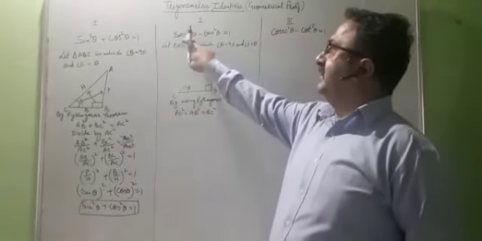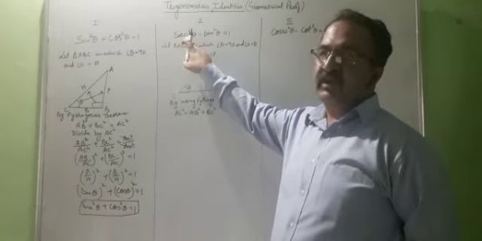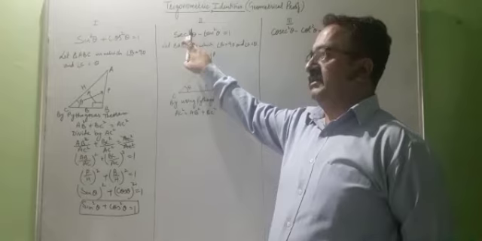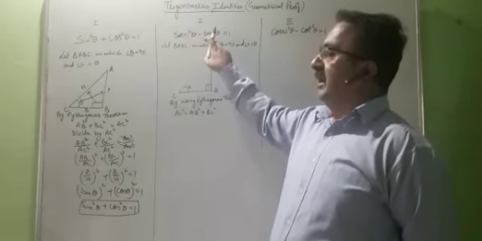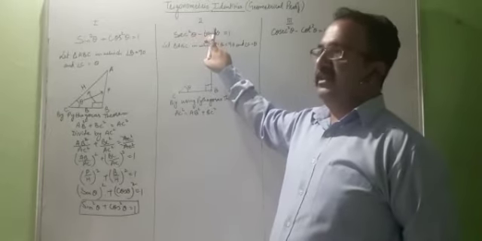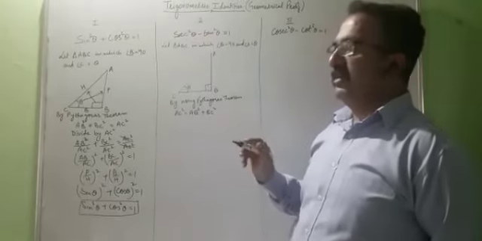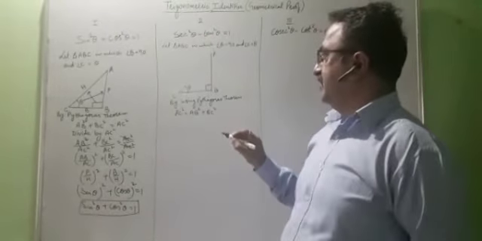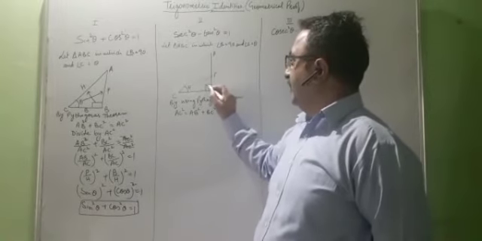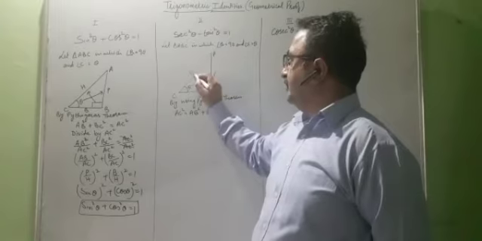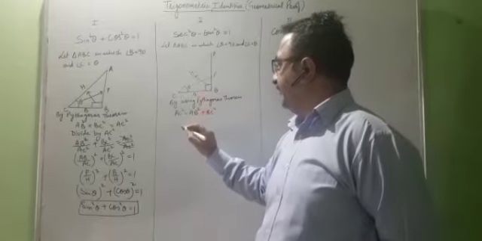Now I am dealing with secant theta. The ratio of secant theta is hypotenuse upon base. I am dealing with tan theta. The ratio of tan theta is perpendicular upon base. So base is coming in the denominator. So you divide by base. So let's decide which is base. In front of theta, it is perpendicular. In front of 90 degree, it is hypotenuse. And the adjacent side to theta is your base. So divide